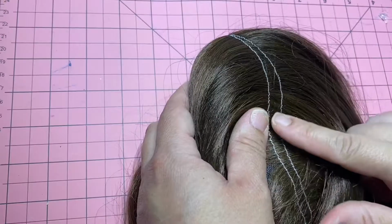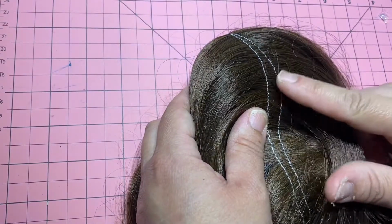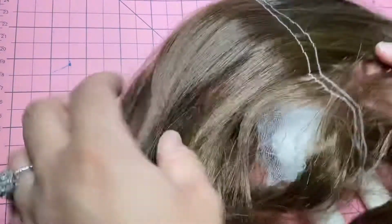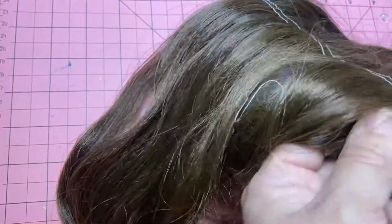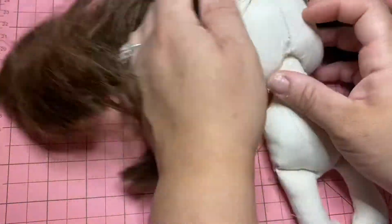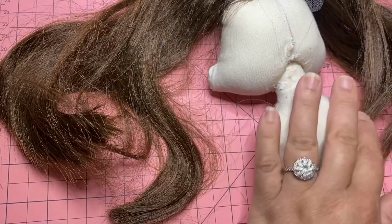Again, if you're going to sew the hair, don't do like I did. Use the thread that matches the hair color. I was just trying it to see if I could even get it to work, so I wasn't really focused on how much I actually